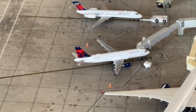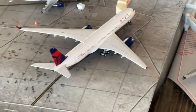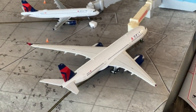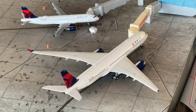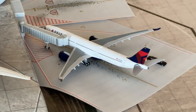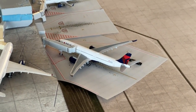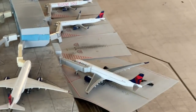Delta Airlines Airbus A320 coming in from Mobile, and now it's heading up to Destin. And then here's the beautiful Delta Airlines Airbus A350 flagship, which is coming in from Seoul, and now it's going to be making a flight today over to none other than Paris Charles de Gaulle. Delta Airlines Airbus A330neo by NG Models. This aircraft is currently coming in from Orlando International, and now it's going to be making a flight today, heading